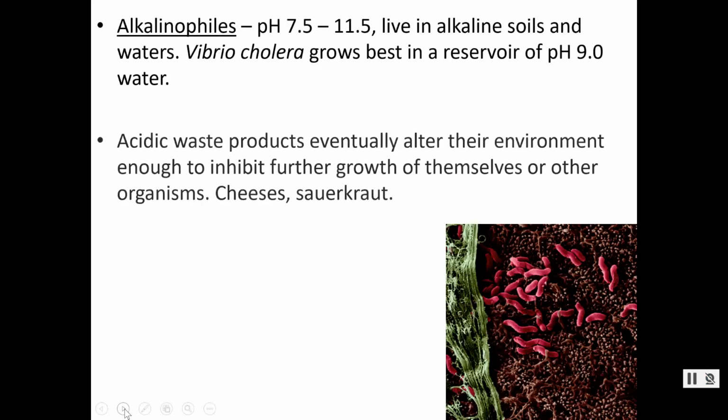So if we have acidophiles, we also have alkalinophiles. A lot of soil is alkaline. We have bacteria that grows there. The upper part of our intestine is usually a little bit alkaline. The intestine neutralizes the stomach acid, goes a little bit overboard. It usually is a little bit basic there. One bacteria, Vibrio cholera, is the pathogen that is responsible for the disease cholera. We talked about that with John Snow and causing the diarrhea. This is one that grows very well in our intestine, and you can see that. All right, let me tell you also